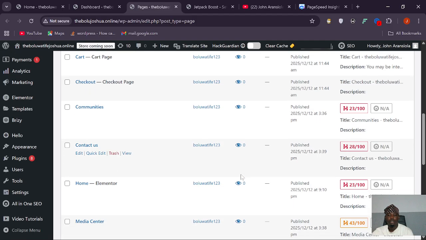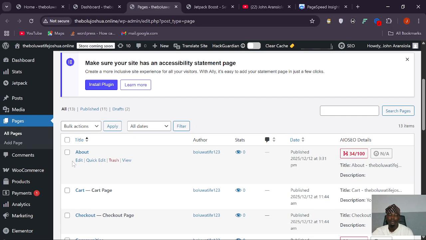So let me use the about us page for example. No matter what you do for the about us page, there's no way you can optimize some pages like about us, contact us, and some other pages. You can optimize them, but there is little you can do to them. Like now,